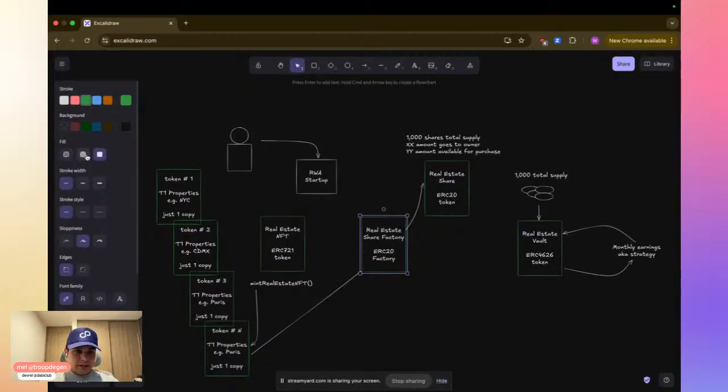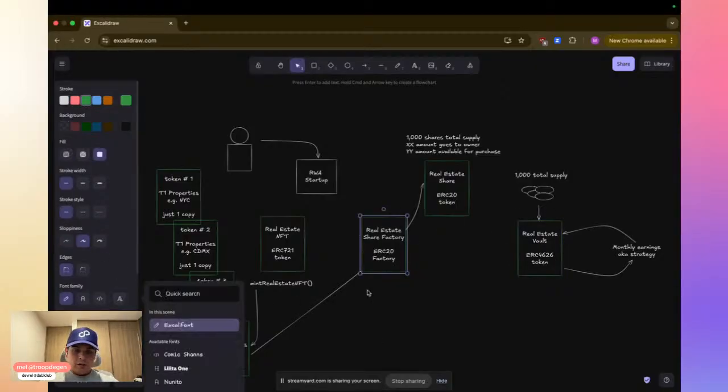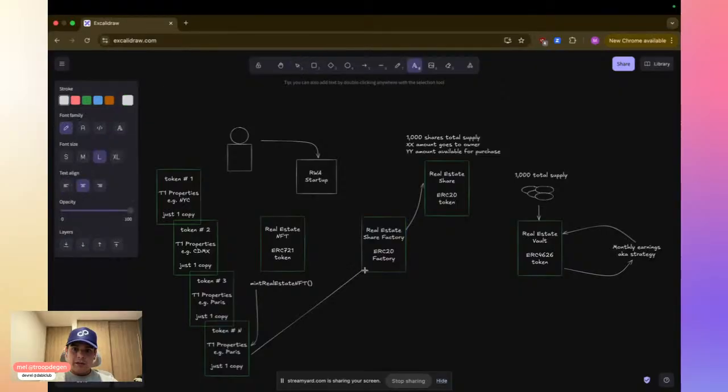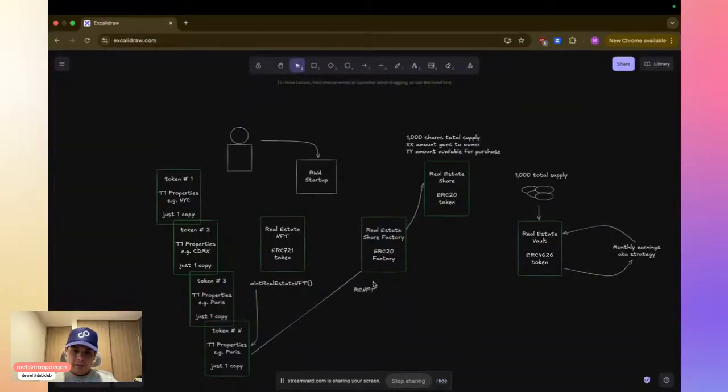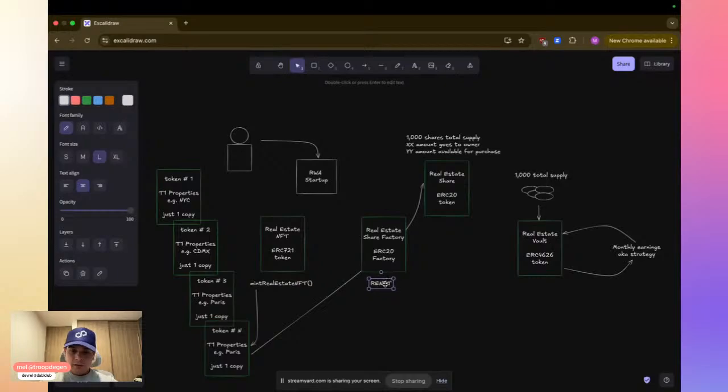So we have the real estate NFT, and for this one, we're just going to name it RE-NFT. Maybe you should have something like property NFT. And it's going to be property share.